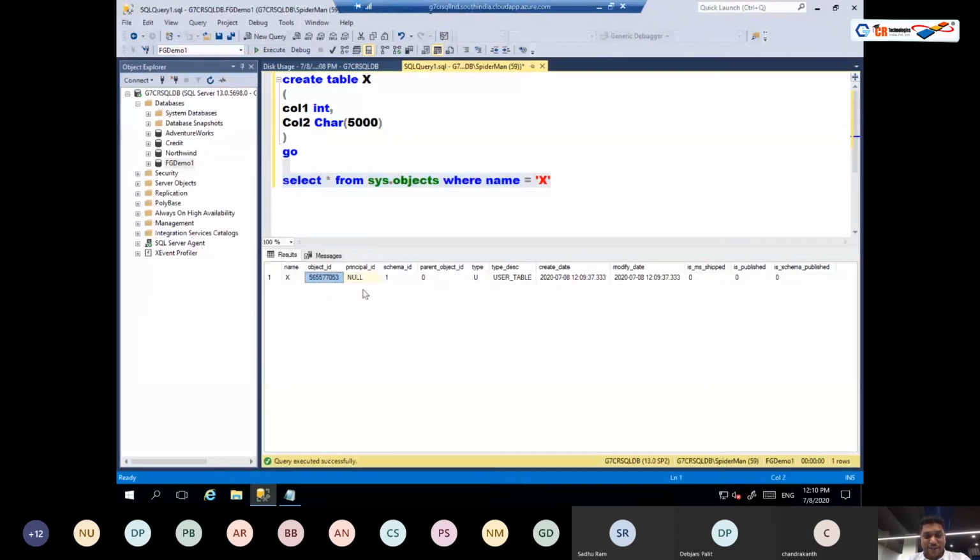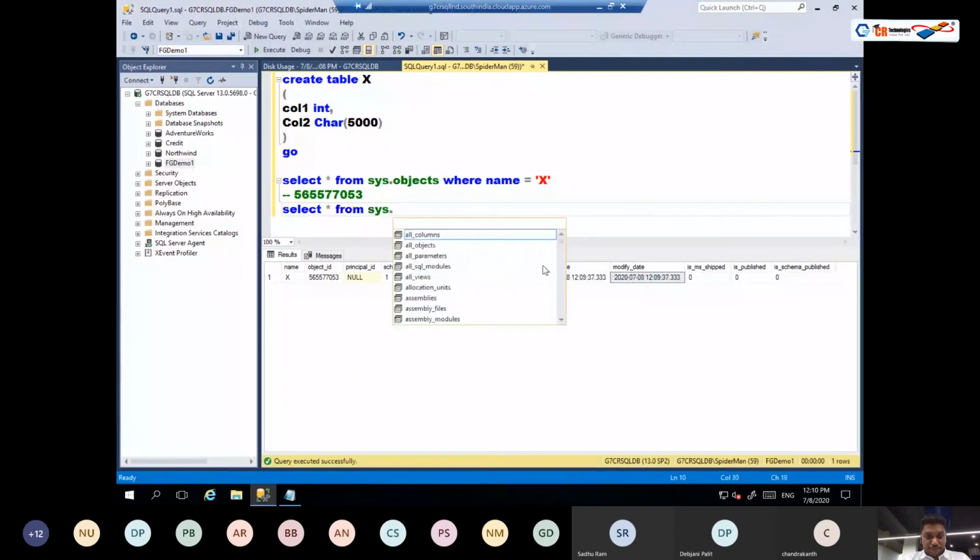You can get the object ID from here. You can see this is the object ID for X, which I'm going to put in there. You can see other information that this is a user table. You can see the creation date, the modified dates. All of this information is metadata. You will also see an entry which would have got created in the sys.columns,